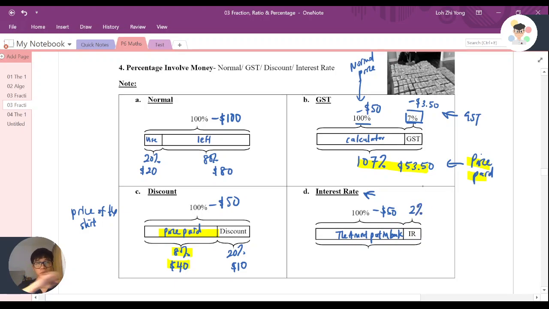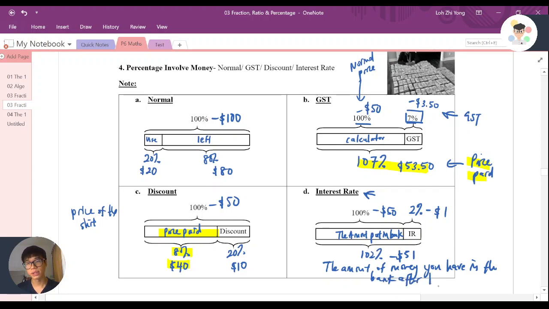Means that as long as you put after 1 year, then I will give you 2% of the money that you put inside. So what is the 2% of $50? You press a calculator. 2% of $50 is $1. Means that after 1 year, they promise they will give you 2%, right? And which is $1 because you put only $50, right? That's why they give you $1. And of course, you know that 102%, which is actually $51, is the amount of money you have in the bank